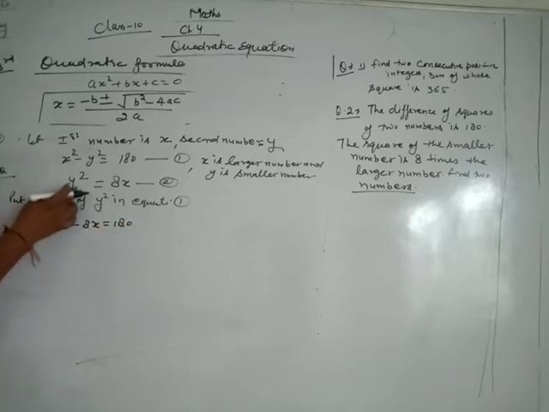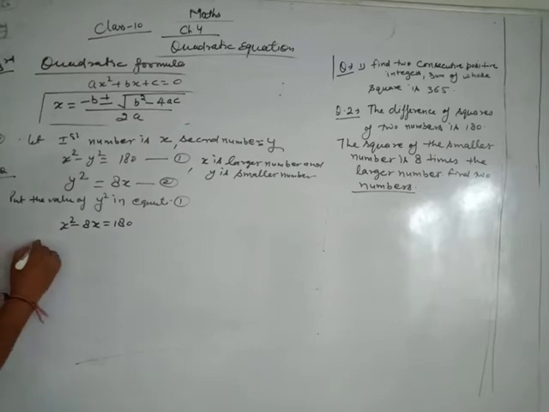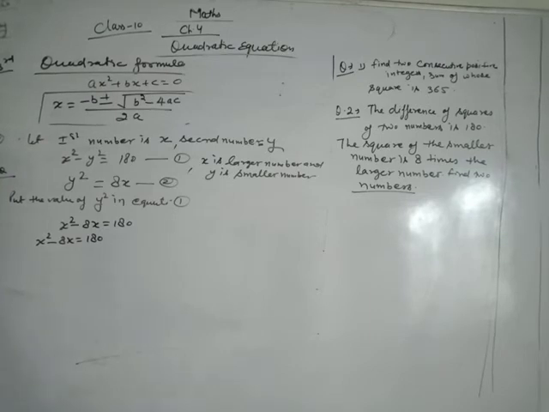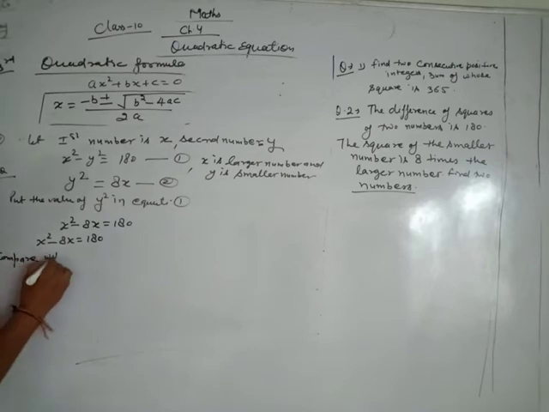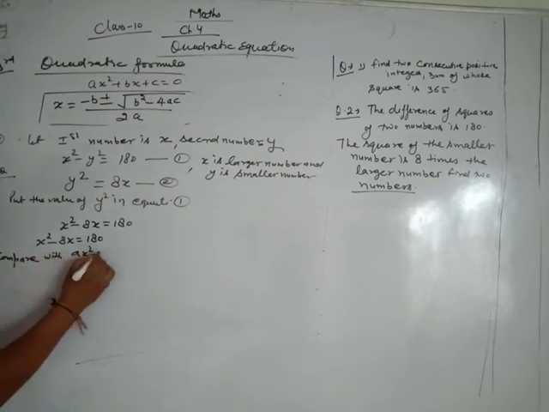Clear? Put the value of this, and now the equation is x square minus 8x equals 180. So it is the equation. Now compare with ax square plus bx